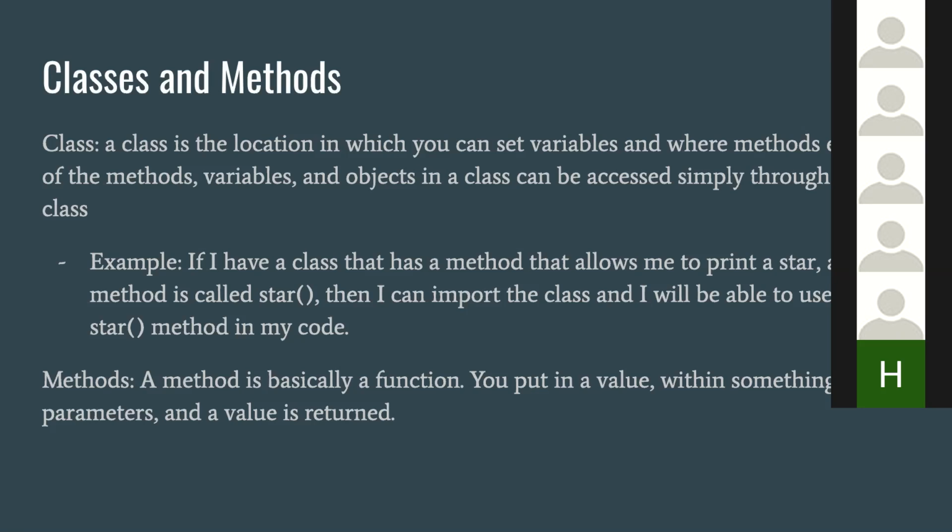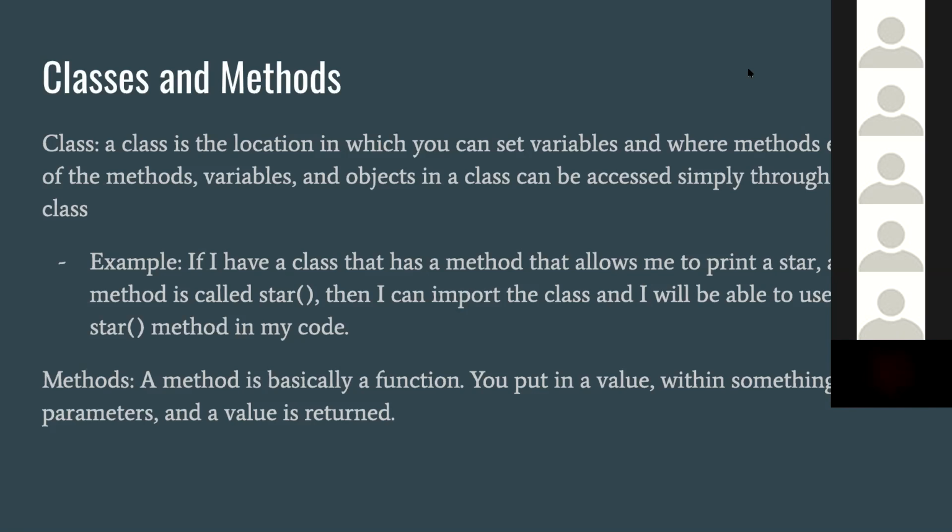The best way I like to think about a class is that it's kind of like a blueprint. So a class is not something that in code you can tangibly do anything with, the same way as a blueprint for a car, right? You can't really do anything with a blueprint. You can't actually drive with it. When you make the actual car is when you can actually do something with it. So classes contain all the instructions for an object.